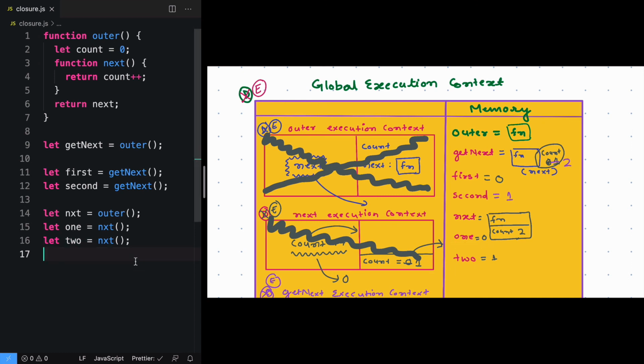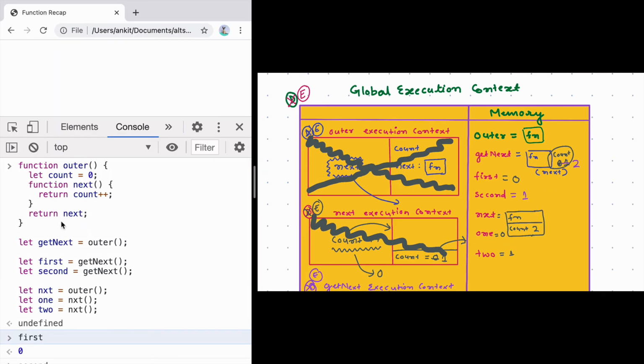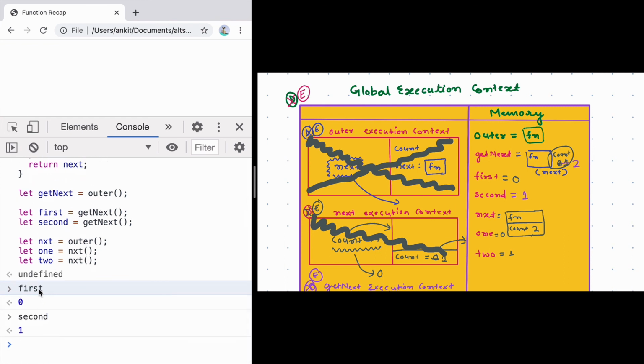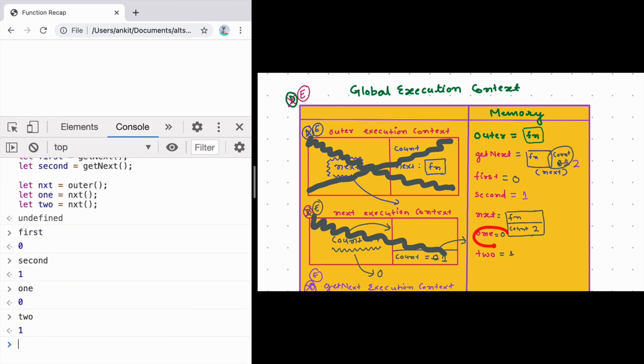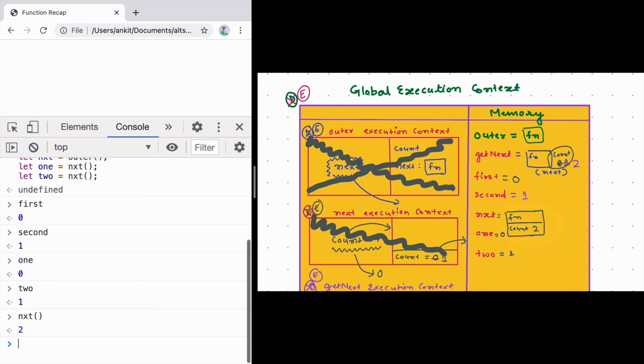Let's go ahead and check the values here and execute it in our console. We can see the value of all of it. The value of first is 0, which is the same thing here. The value of second is 1. Going on to the next one, let's look at the values of first and second now. So first has a value of 0 and second has a value of 1, and that is the same thing we have here. What if we call the nxt function again? If we look at it, inside our closure we have the value 2, so it should return 2 now.